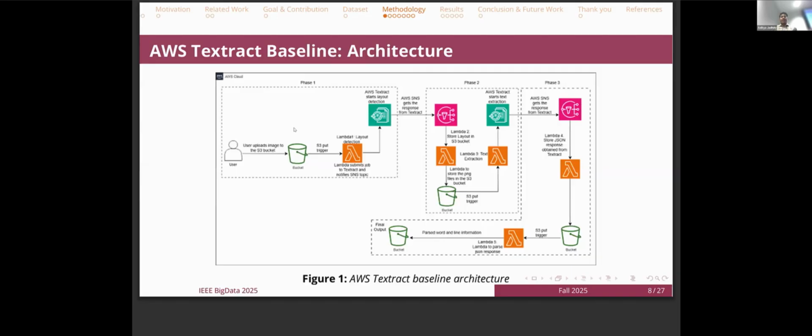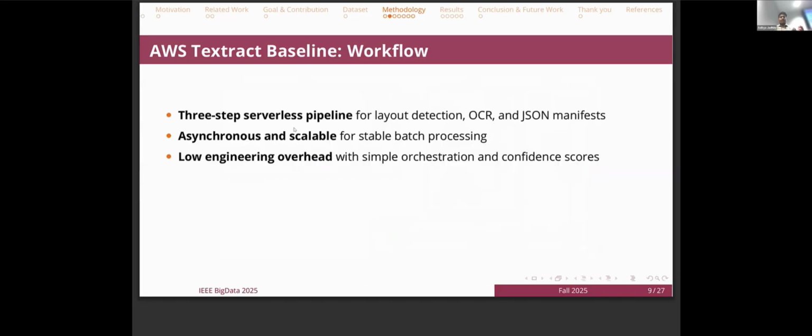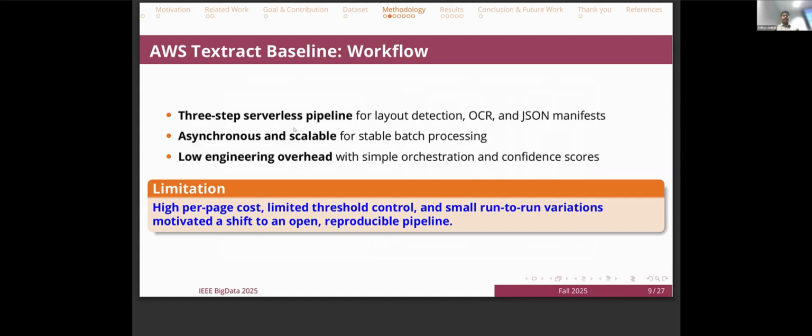We, however, encountered three major limitations. First is the high per page cost. Second, limited tunability, which is especially problematic for noisy or irregular pages where we need to control thresholds. And lastly, small variations across runs, which makes reproducibility difficult. These limitations motivated us to move from Textract towards a fully open, detector agnostic pipeline that we could tune,